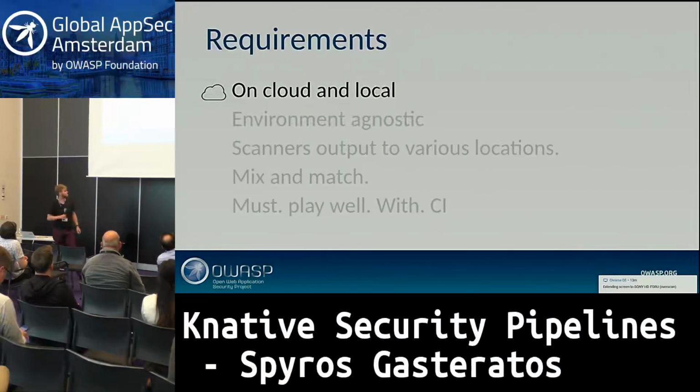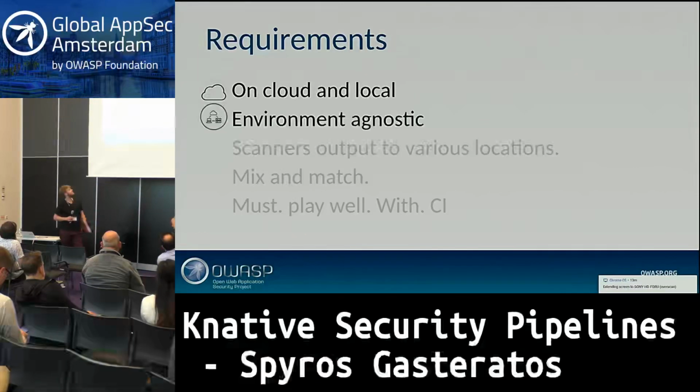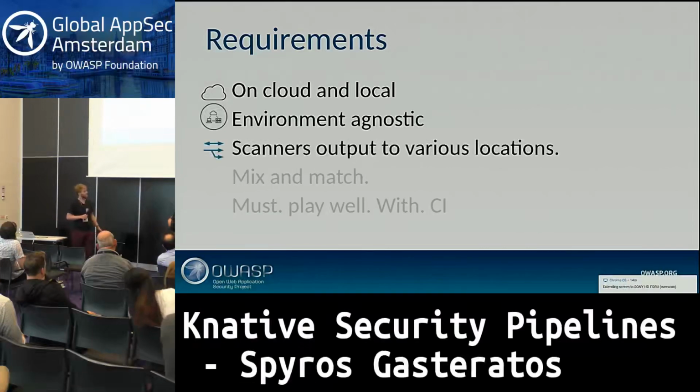So talking to our engineers and the decision makers in the company, we needed something that runs both locally and on cloud, because we're a cloud-based company. And then it needs to be environment agnostic, so it needs to run both on the MacBook of some management person and the Linux machines of the engineers, also on the cloud, or pretty much in a lot of places. They didn't want custom builds for different setups. It makes sense. And that was the important one.